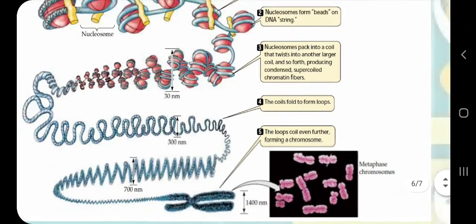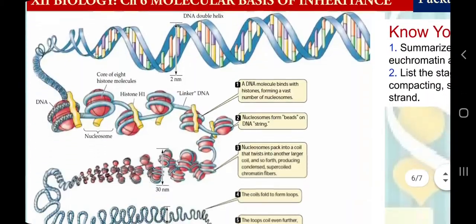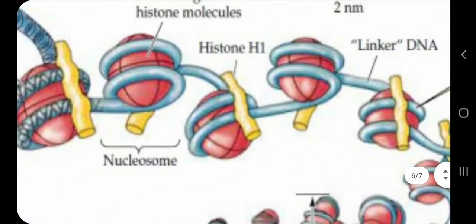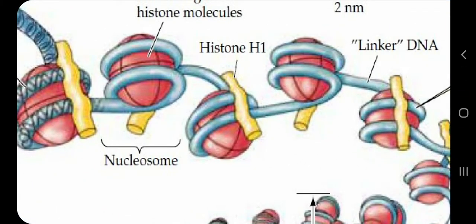So I am discussing euchromatin and heterochromatin, and one concept I wanted to give you is that histones and DNA have a dynamic relationship. Sometimes DNA is loosely packed with histones, sometimes it is tightly packed with histones. Why does it do so? Because of charge differences, because there is acetylation of the histones and of DNA also. What is acetylation? You must be aware of acetyl groups from organic chemistry.